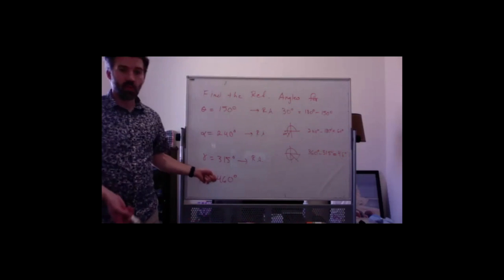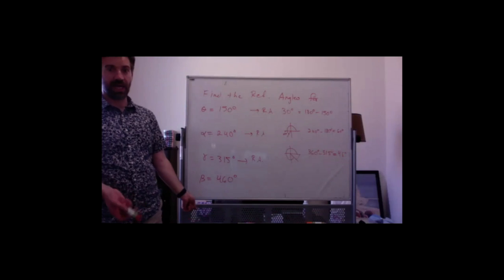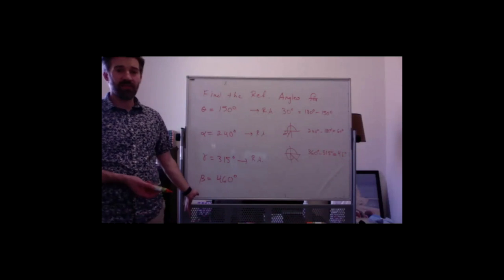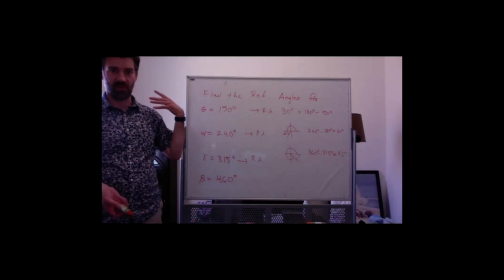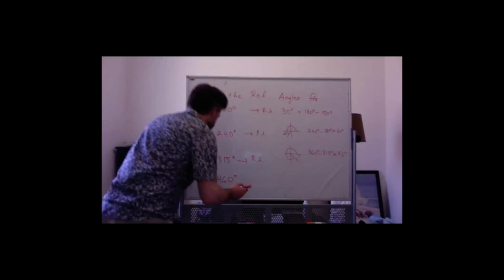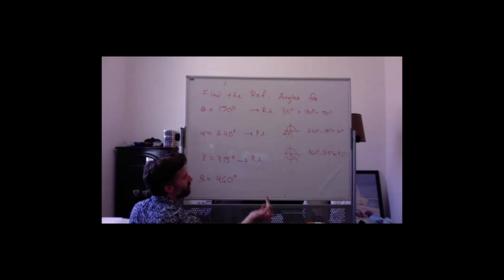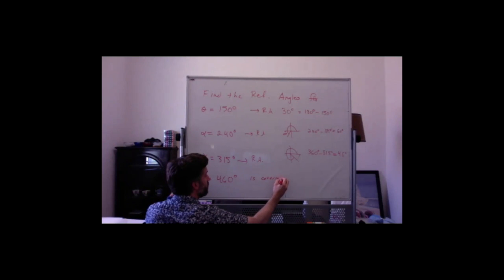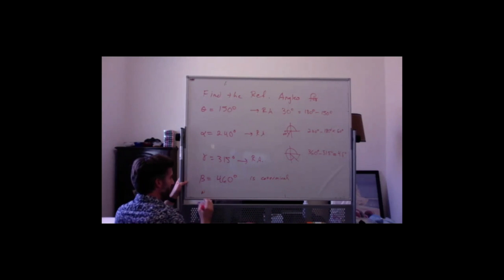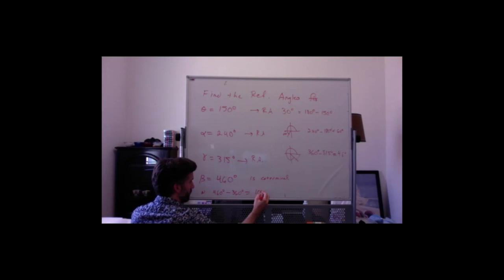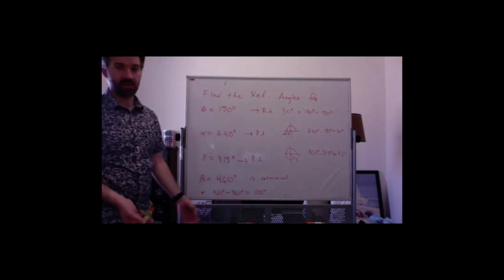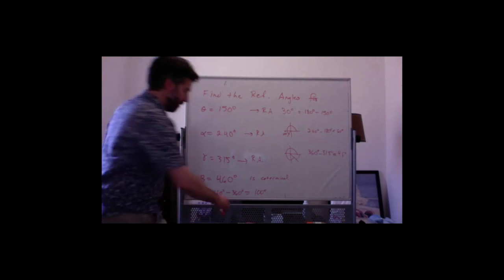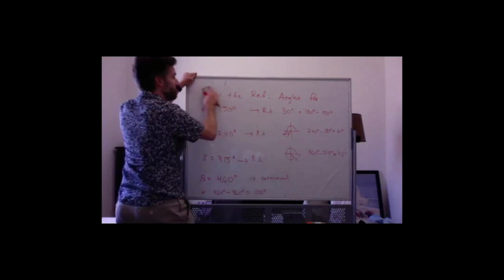And this last one is more than a full revolution. When I have more than a full revolution, I just like to cut off the whole revolution. So I could say this angle, the technical word is coterminal, with the angle 460 degrees minus 360 degrees, which is 100 degrees. So both of these angles end at the same ray. If I draw them in the same position,